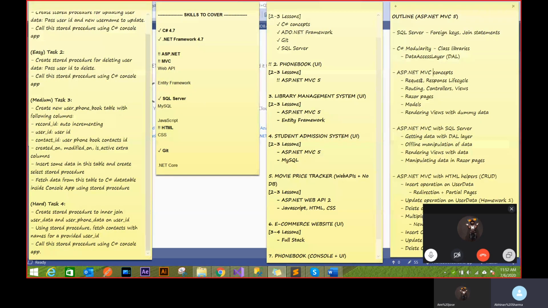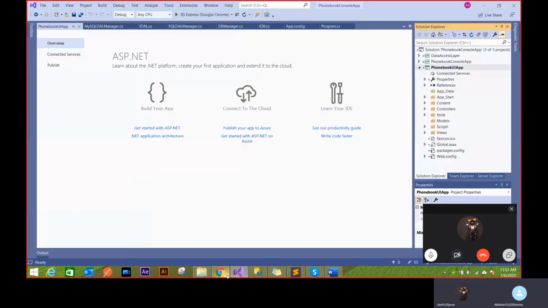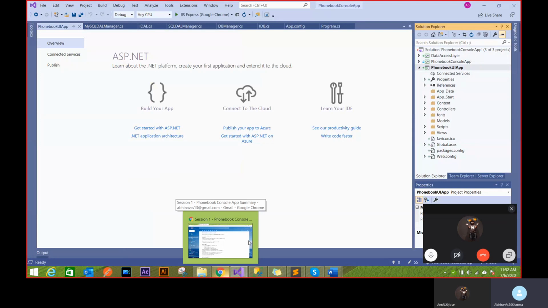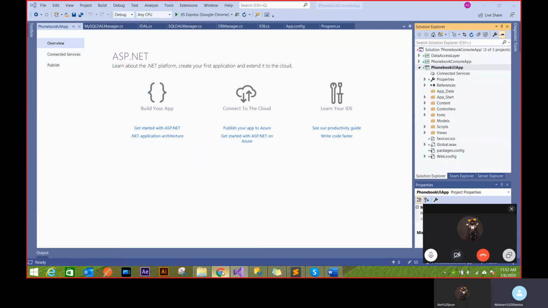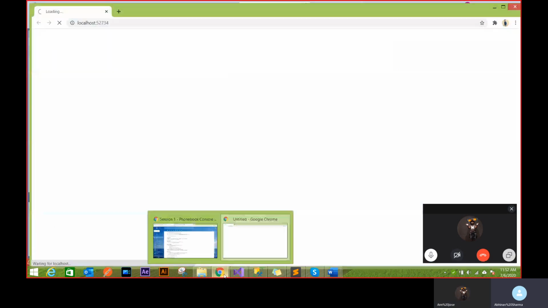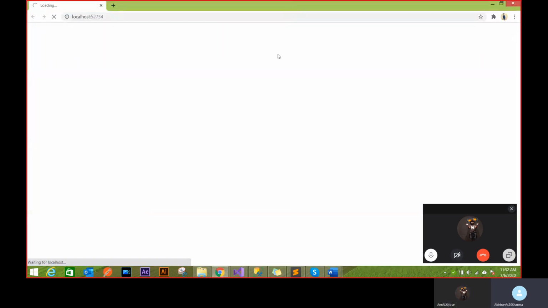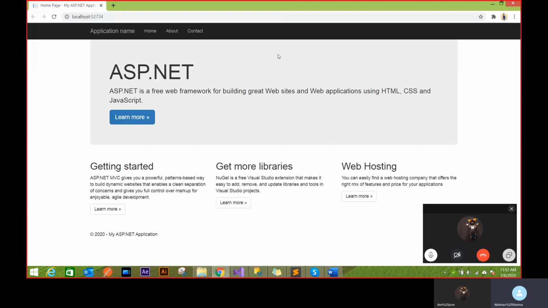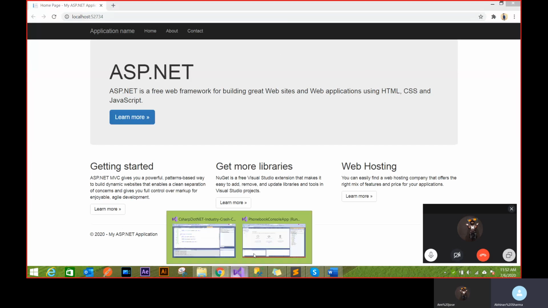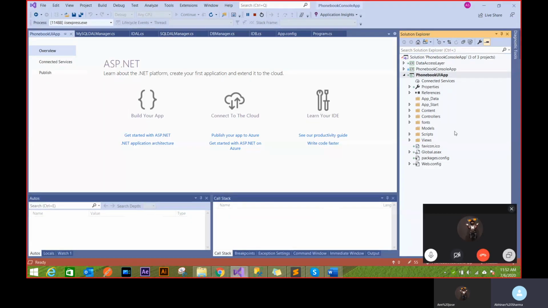So this is the first part. Now let's quickly go to this request response lifecycle. Let's just run this once again. I'll show you the most important part, how MVC works. This is UI, this is Chrome right now. I want to go from this Chrome to somewhere in my application, in some function somewhere in my class. That's the idea. So how do I go from there to my application and come back to UI?